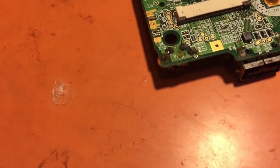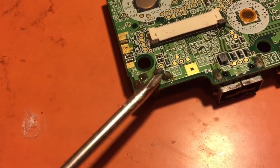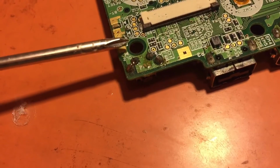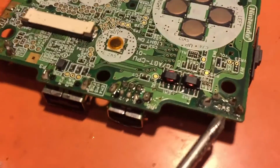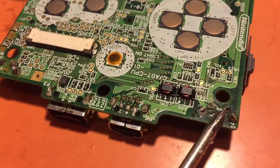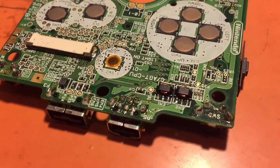Now to get them off, you're going to flip the board over, and you're going to have an anchor point there and an anchor point there. So these are just anchor points, and then you're going to have your power and ground, or your ground and power, it doesn't matter either way. So you have them on both sides. Once again, anchor, anchor, then you have your power, ground, power, ground. So you're going to want to go ahead and